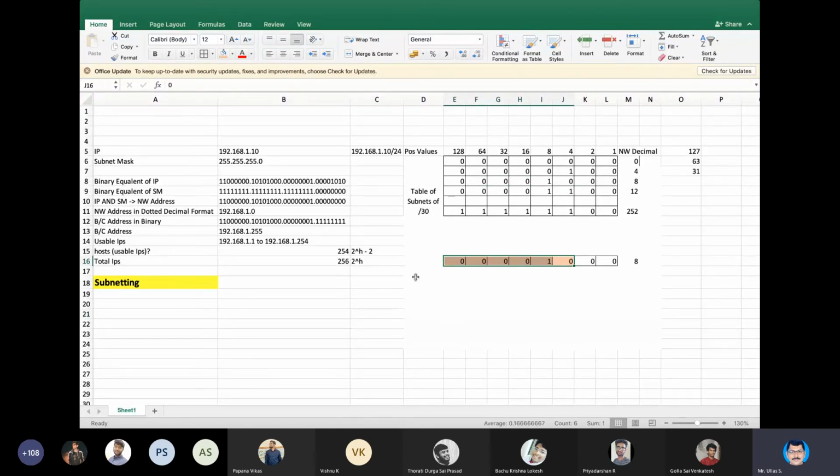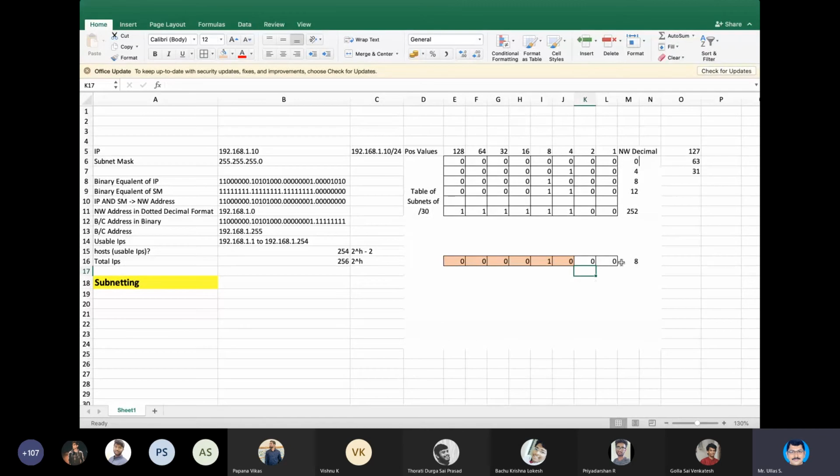So for my browsing center or for my router, say I connect two routers. Router 1 is connected to router 2. So only two IP addresses are required, one for the first interface and the other for the interface where I'm connected. For such a requirement, I will go for /30 easily. Maybe I'll do that in the next class. So let me complete this now.